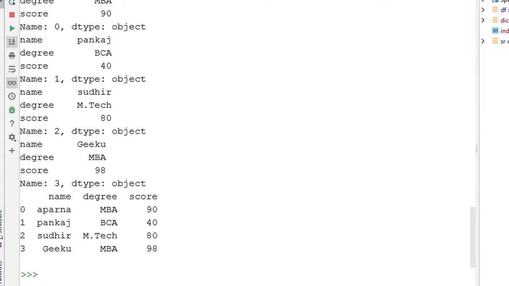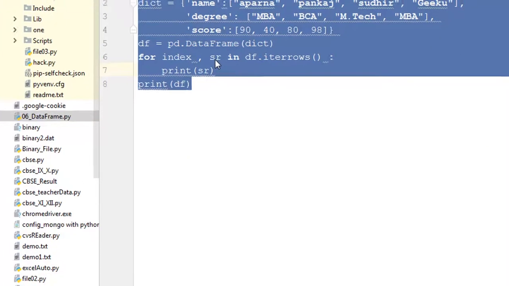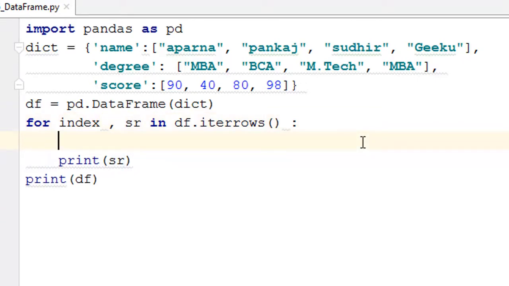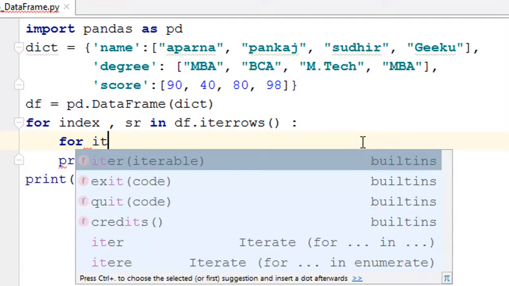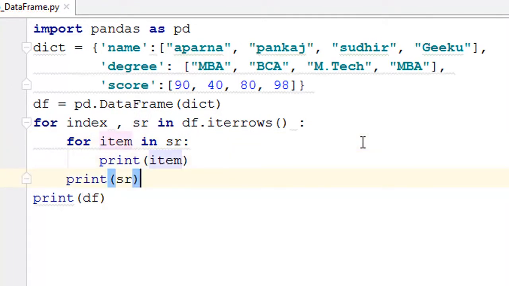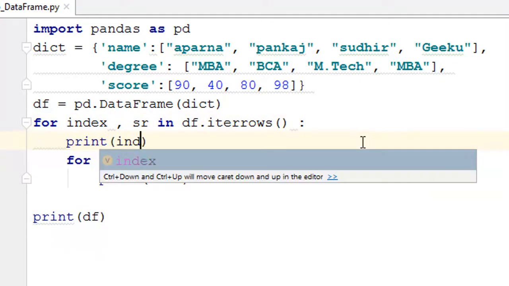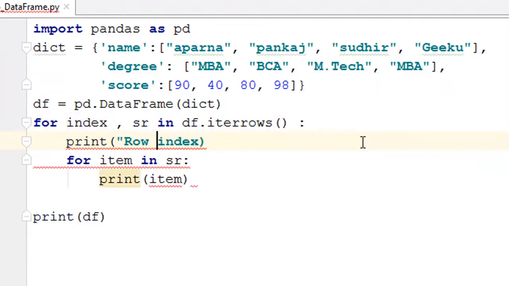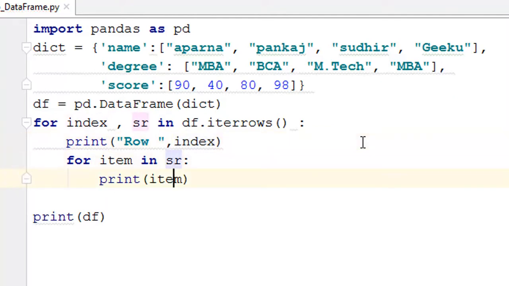So you can see I'm having two variables, one is the index, the row label, and the other is the series. Now we can print this series, for let's say item in sr, and print all the values. Let's say item, and let's get rid of this and print here the row index, and let's print \d contains values.